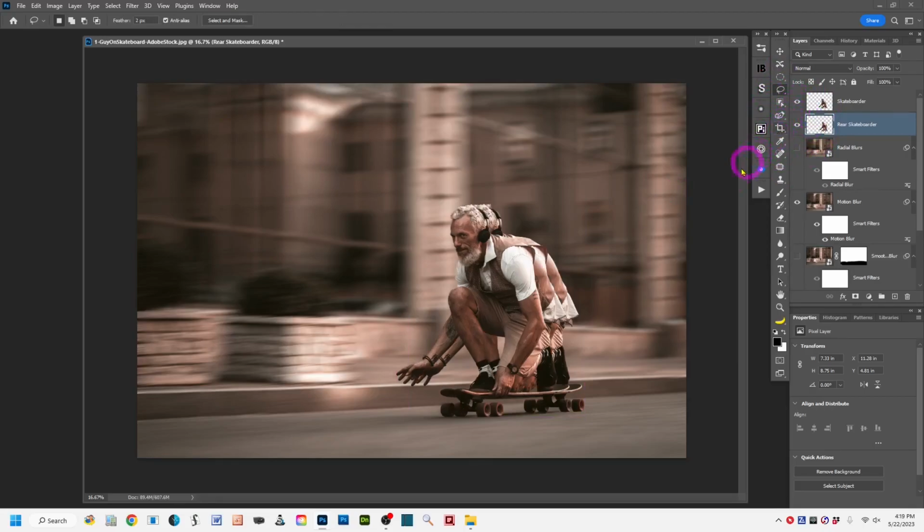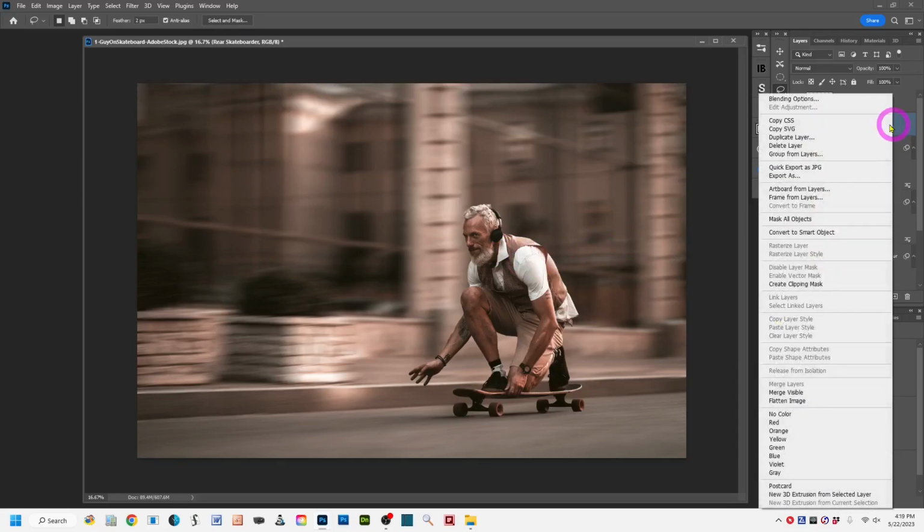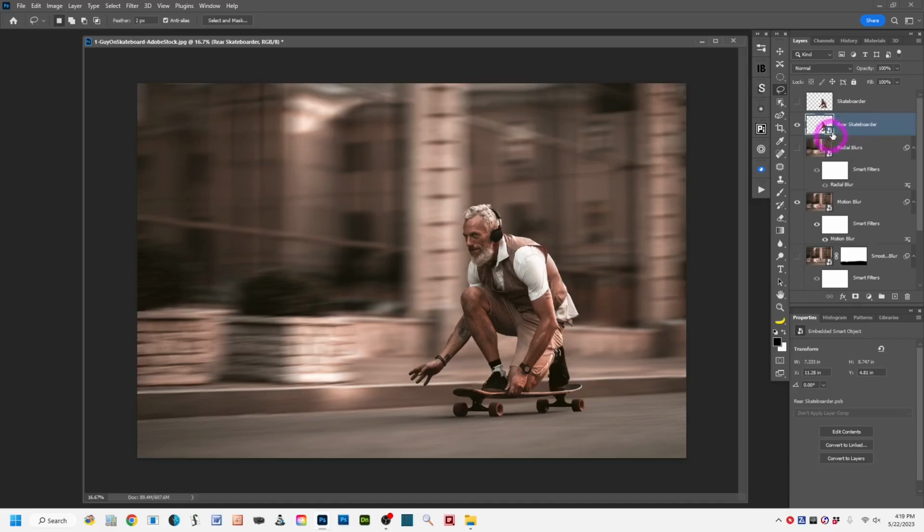Okay, so here we can see we've got our original skateboarder that we did. This is the one we've duplicated and he's behind the other guy. So now, with this turned off, just so we see what we're doing here, let me convert him to a smart object. So the rear skateboarder, the one that's going to look like he's zooming behind, to a smart object. Right click on that layer, come down where it says convert to smart object. We got that little icon. We're going to go up to filter,